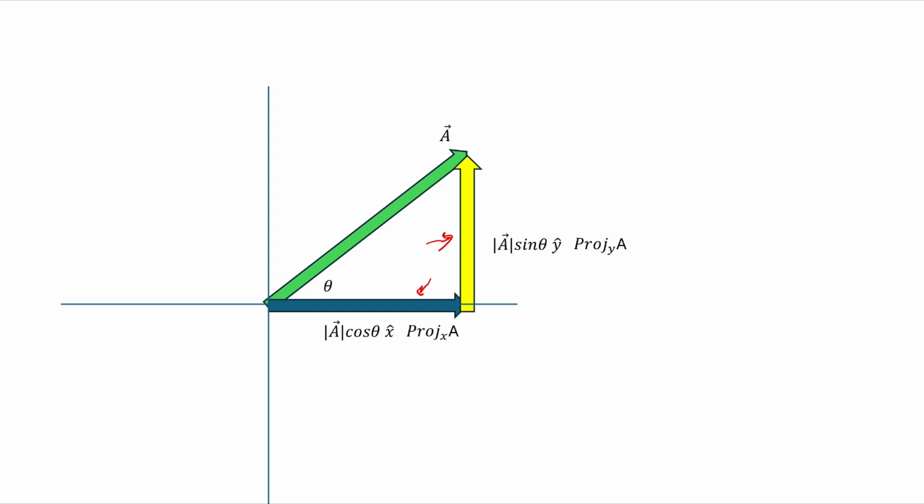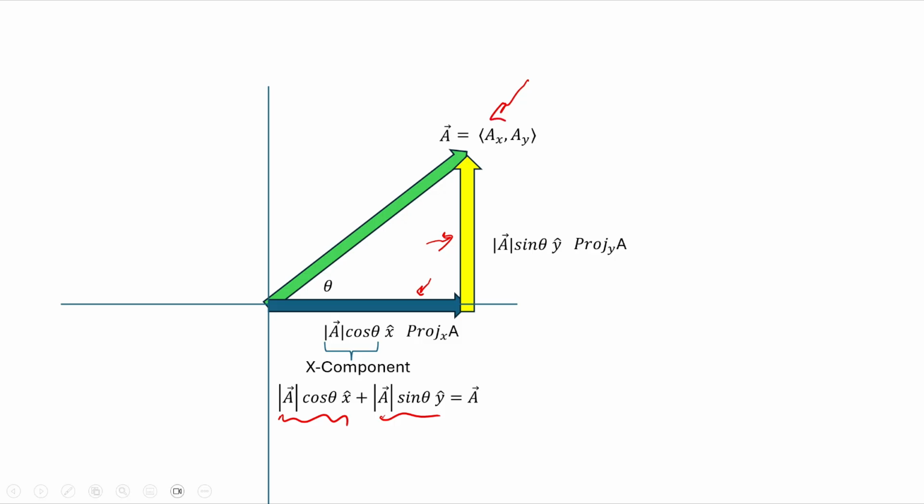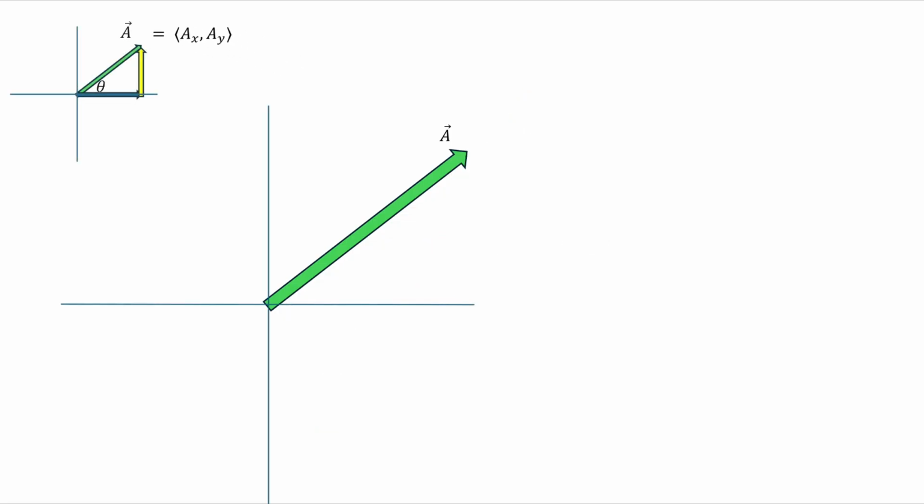What we're mainly interested in this video is, what is the size of those arrows? That is called the component along the x direction. And so we can write the vector A as an arrow along the x plus an arrow along the y, and the size of each of those is called the components. We can write it in a more compact way like this, where we just say the vector A is given by its x component and its y component. Done. Now, let's say that instead of wanting to go along the xy axis, we have a second vector, B,